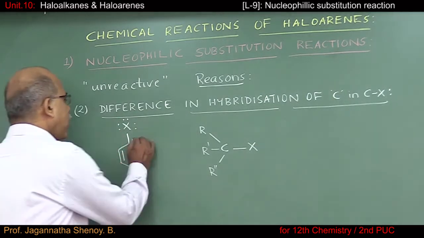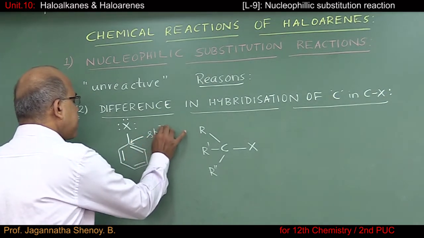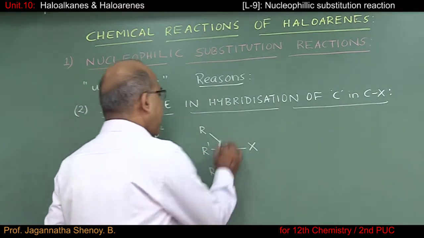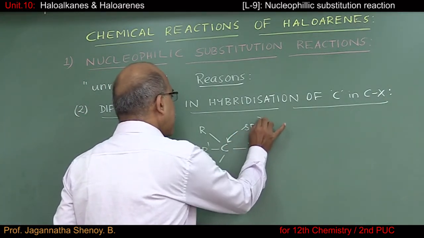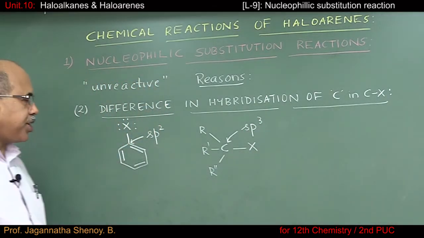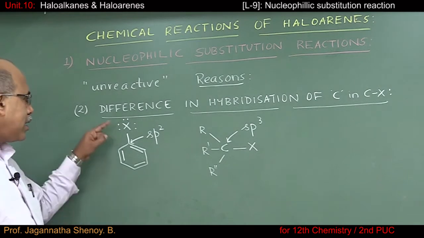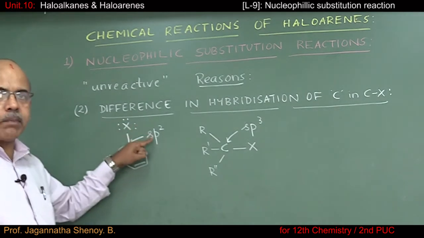In case of haloarene, this carbon atom undergoes sp2 hybridization, whereas in case of alkyl halide, the carbon atom undergoes sp3 hybridization. And last year, under periodic properties, you have studied that the electronegativity of an atom also depends upon